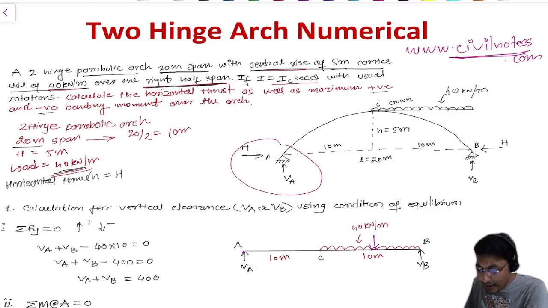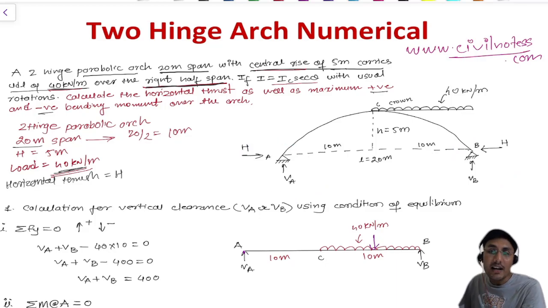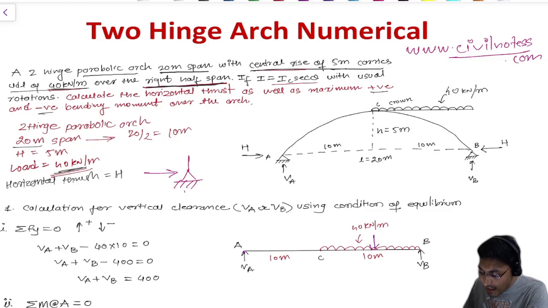because here it is mentioned that it is a two-hinge parabolic arch. Two-hinge parabolic arch means whenever there is a hinge support, a hinge support always carries a horizontal force and a vertical force. So there are only two forces available at that point for solving this whole parabolic arch numerical. So if I just remove all these things,